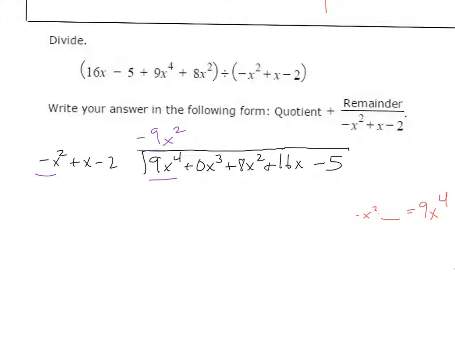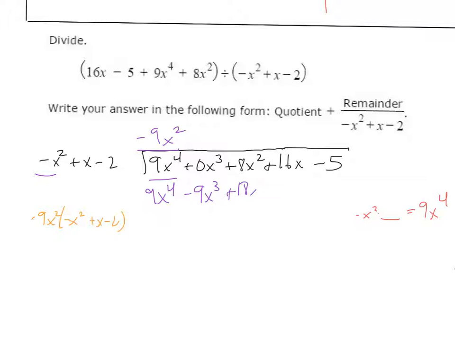And now I'm going to take this negative 9x squared, and multiply it by the entire polynomial on the outside. So mentally I'm doing negative 9x squared times negative x squared plus x minus 2. What I actually do usually is negative 9x squared times this, put the answer there, negative 9x squared times this, put the answer there, negative 9x squared times this, put the answer there. That's how I write it down, but it's not how I think about it really. So we'll get what? We'll get a 9x to the fourth, we'll get a negative 9x cubed, and we'll get